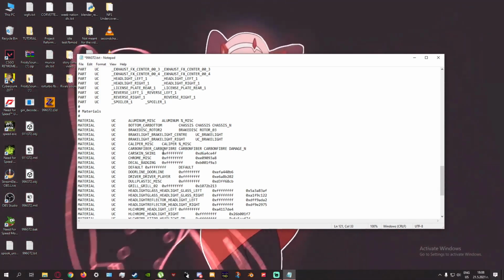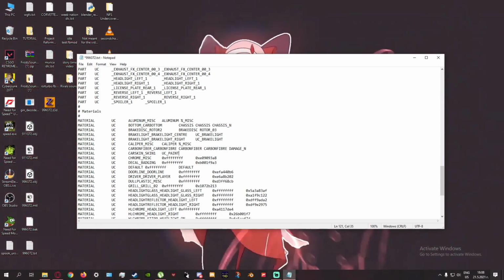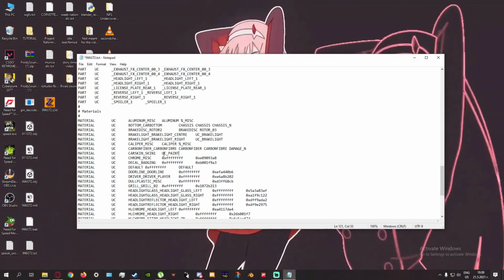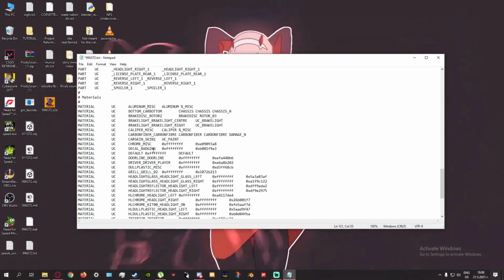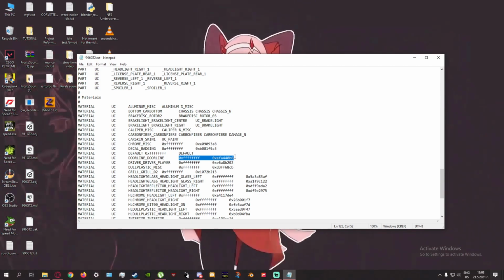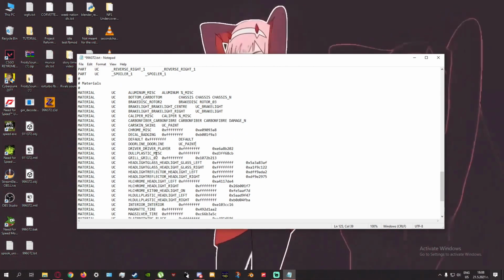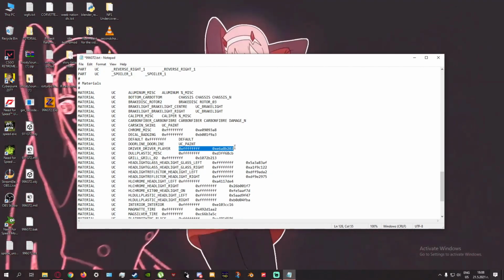The car skin 1. This is usually what's paint in World. So in the case of UC, it's UC _paint. That's it. Then default, you just leave this as this. Door line. You can do a door line. However, UC's door line is garbage, so I just do UC paint. Then driver player. This is interior